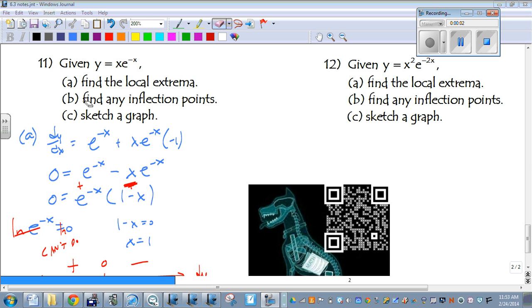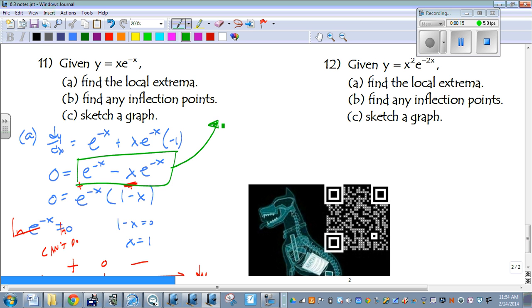Alright, in 11b we're asked to find any inflection points for this graph. So we have to figure out when the second derivative changes from positive to negative or negative to positive. I'm going to use this form of the first derivative to get our second derivative. So our second derivative